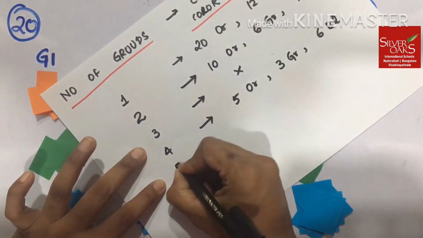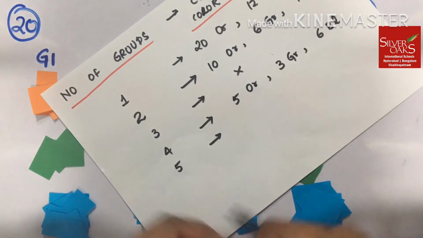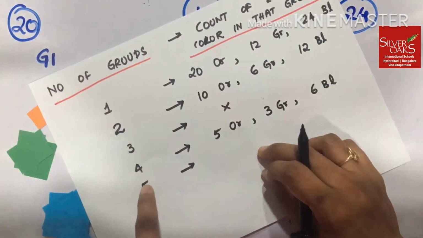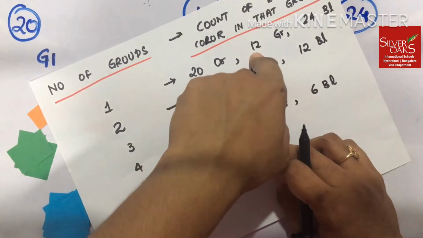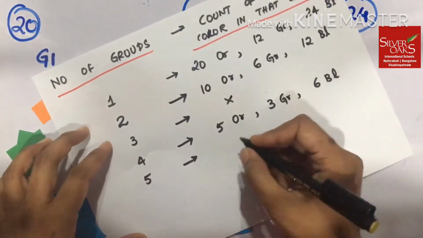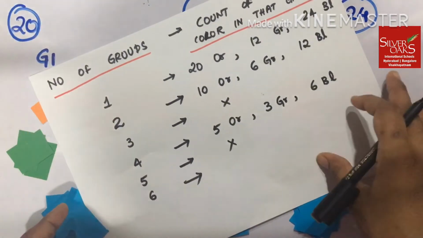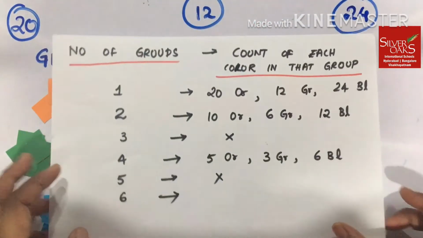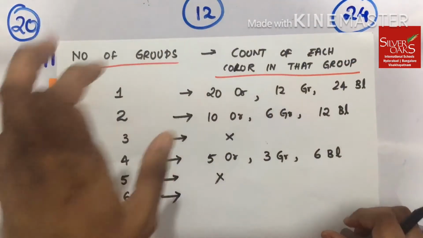So the next number which I have to try is with a 5. Pause the video over here and just think if it is possible. You must have identified that it is not possible because 5 is a factor of your 20, but 5 is not a factor of your 12. So there is no point in trying with a 5. What about a 6? If you look at your numbers, 6 is a factor of your 12 and 24, but not your 20.